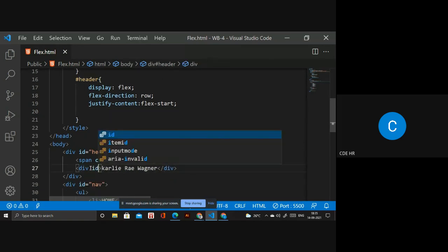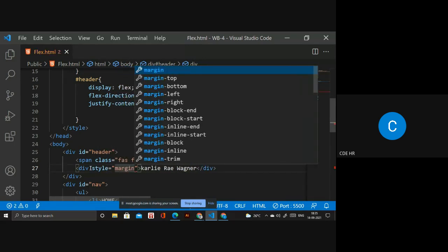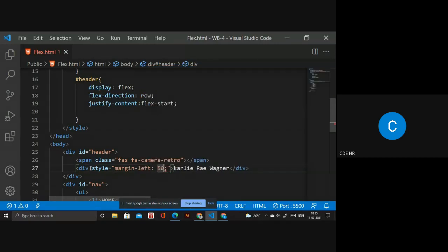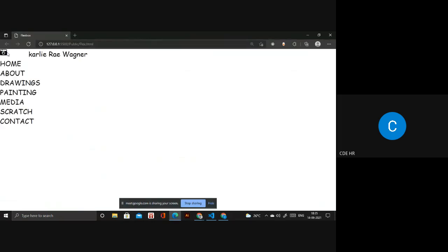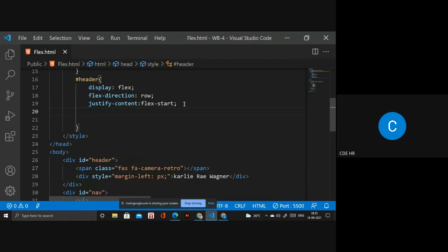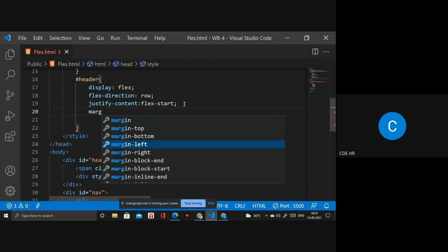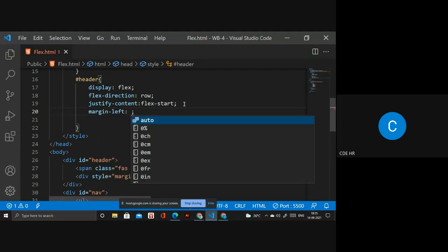You can write style, and inside you have to write margin-left 50 pixel. If I write it in that, you can also write it in the margin. It will contain the whole part. If I write it's 20 pixel.